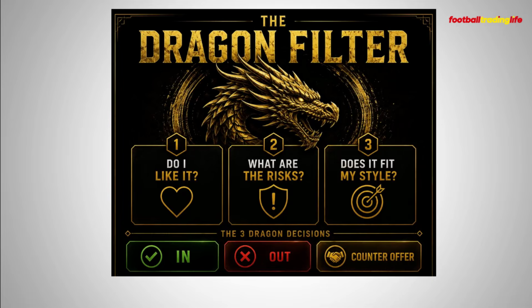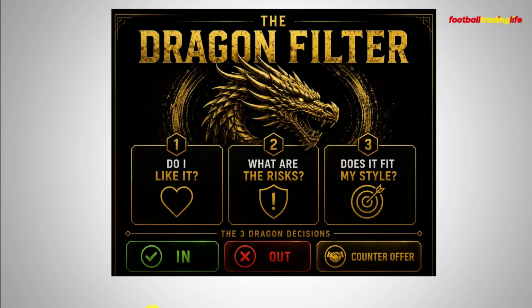So if the AI suggests lay the draw, you got to use a 2% stake, the trader might say, well, I'm looking at this one, 1% stake. Or you might be more aggressive. You might say, I'm going to use 3% of my bank or something like that. Similarly, if the AI says, let's get in at kickoff, you as the trader might have a counter offer and say, I'm not going to get in at kickoff. I'm going to wait 20 minutes and then I'm going to check the XG, I'm going to check the statistics, and then I'll get involved. If I missed the trading opportunity, that's fine, okay? Because that wasn't the terms and conditions that I wanted with the trade when I was entering. So you've always got that option of a counter offer with regards to it.